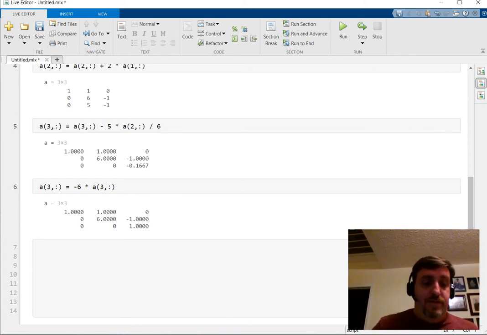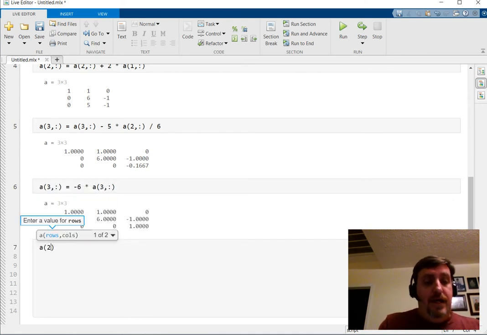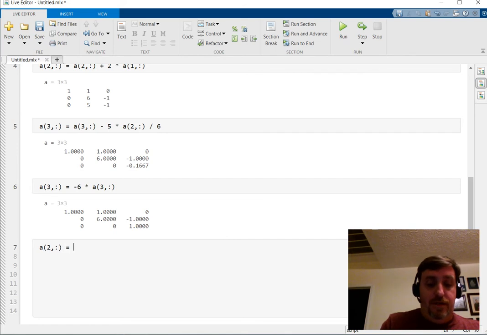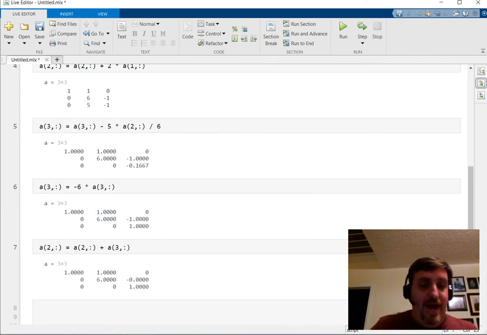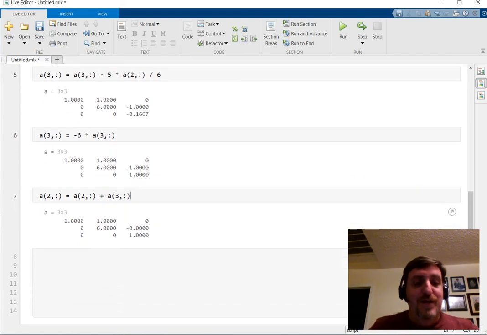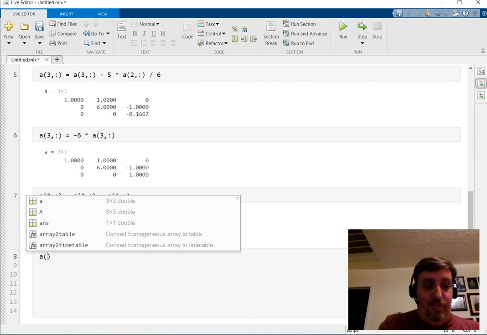And now all we have to do is replace row 2 with the sum of itself and row 3, right? Because the +1 - 1 will equal 0. So how does that look? A2 equals A2. So row 2 in A equals row 2 in A plus row 3 in A. And yeah, I like that -0. So there's obviously some rounding error that has MATLAB confused. That cracks me up. We can fix that if we want. We just say, hey,